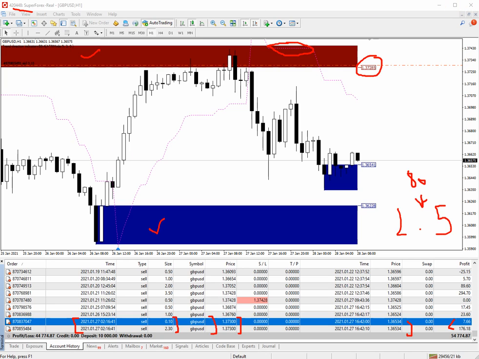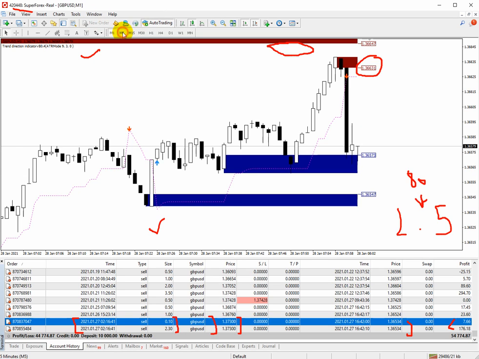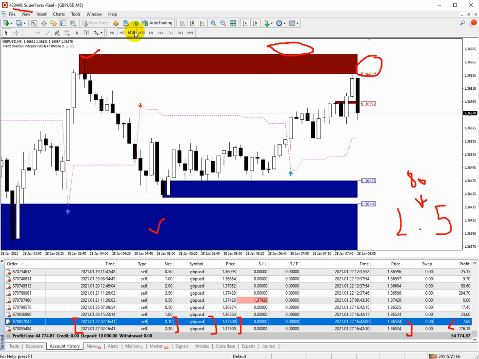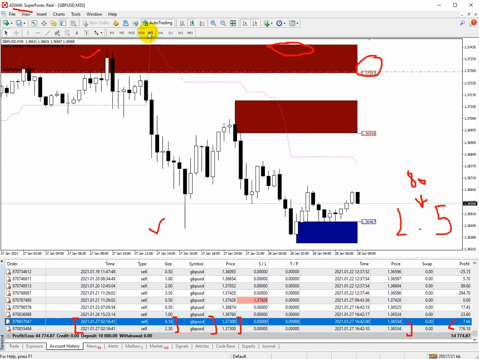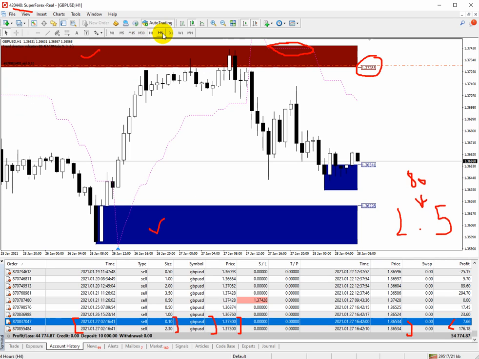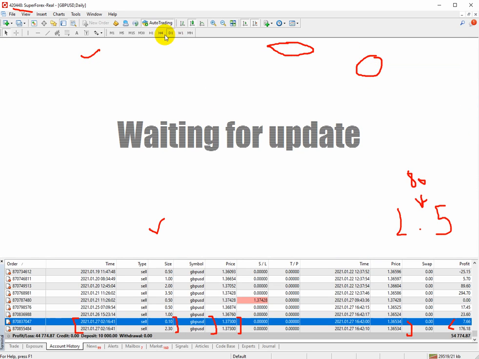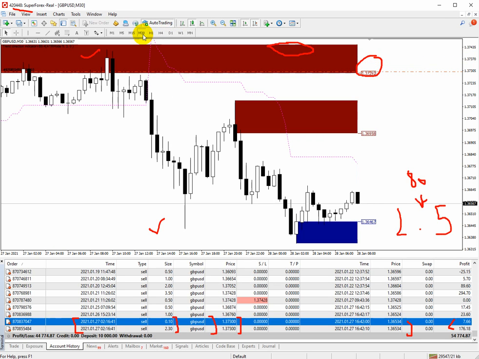You can trade here using M1 and M5 time frames. You can do scalping on this account using M15, M30, H1 time frames. You can do day trading in your account using H1, H4 and D1 time frames. You can even do holding trading in your account. So this is how this support demand and trend indicator work.